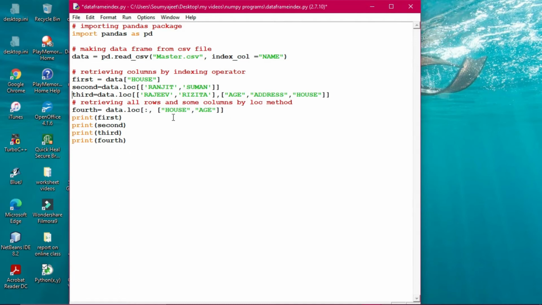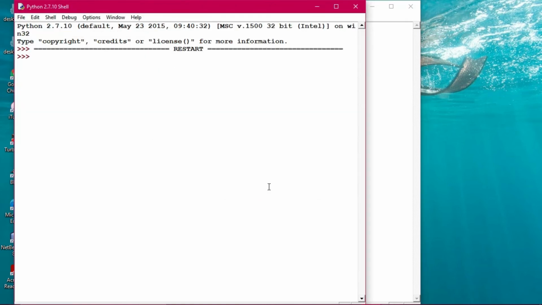This is the entire data. Suppose you want to change this to, say, address and house. Sorry, address, and here you are going to change it to house. Address and house you want. Okay, so do it, no problem. Once this particular format is known to you, it will be very easy for you to understand and get the job done.